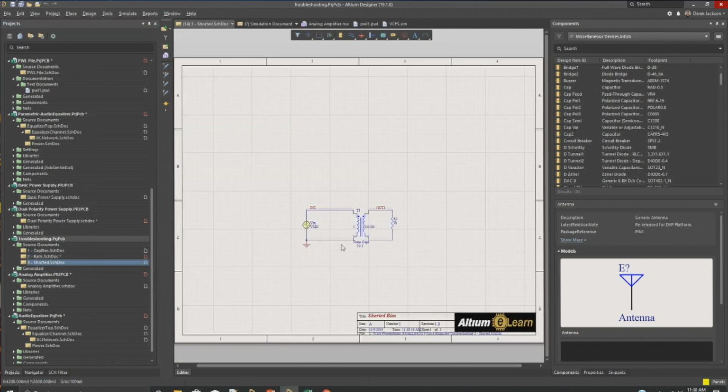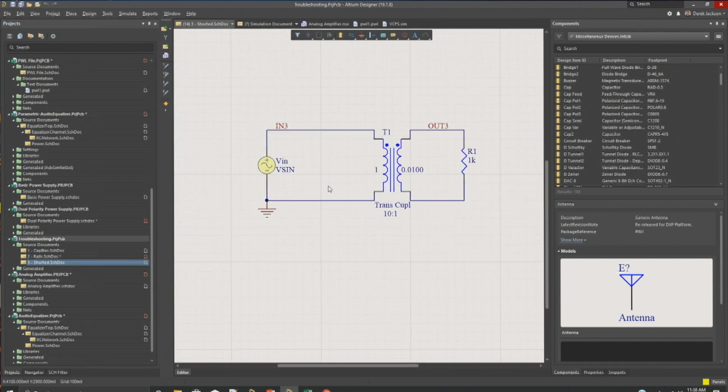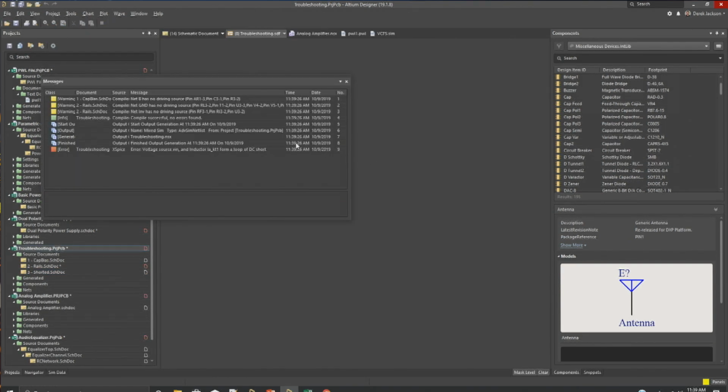And this last one with this shorted inductor, remember all of these sources in Altium Designer are ideal. That means there's no internal resistance. So when you just hook this source right up to an inductor, when you first turn it on, it shorts it out to calculate the initial bias point. So this will just short that right out, and sometimes when you look at the messages that are reported, like this says,